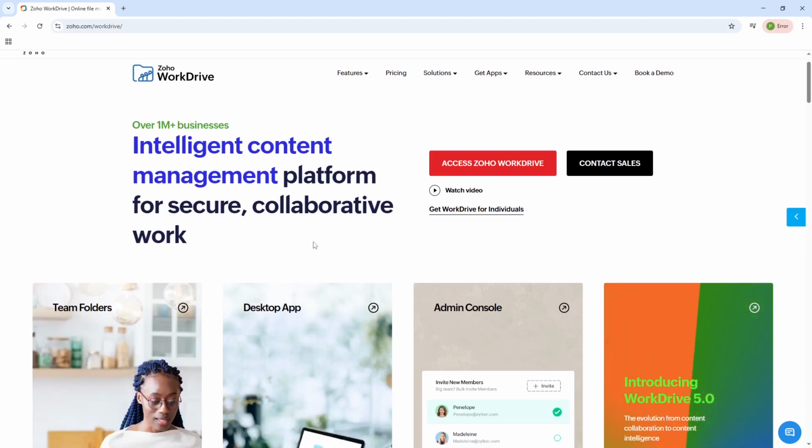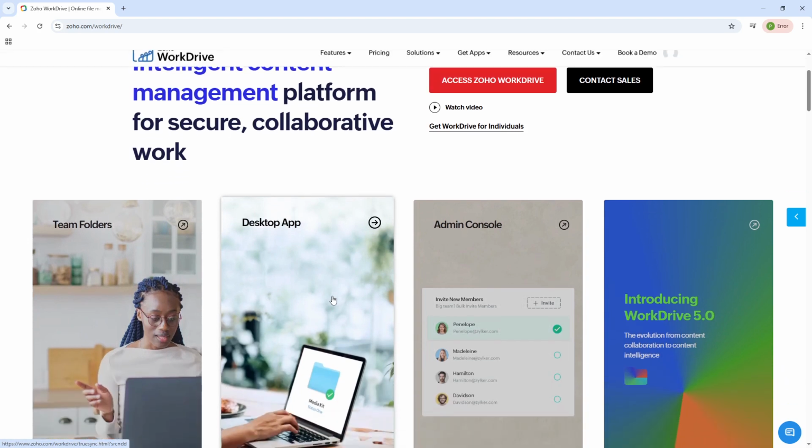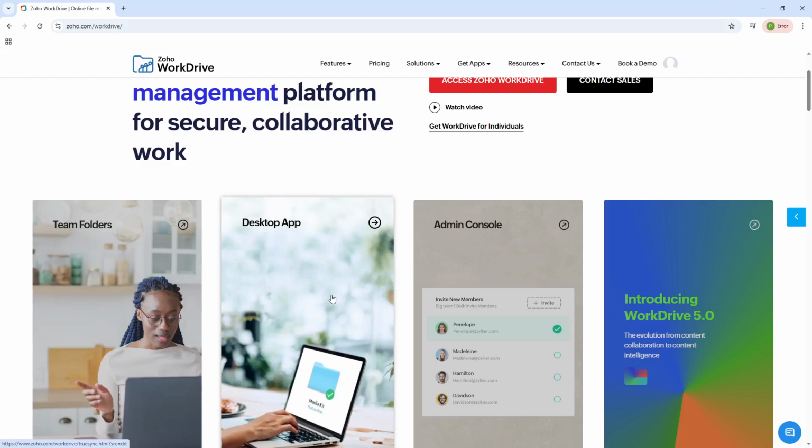Enter your Zoho credentials carefully, making sure everything is correct, as this will grant you access to your personalized WorkDrive environment. After logging in, we'll need to locate the download section. Typically, this involves scrolling down to the bottom of the WorkDrive page. Alternatively, you can also find what you need by clicking on the Apps option from the top menu. This directs you to all available applications associated with Zoho WorkDrive, including the key feature we're focusing on today, WorkDrive